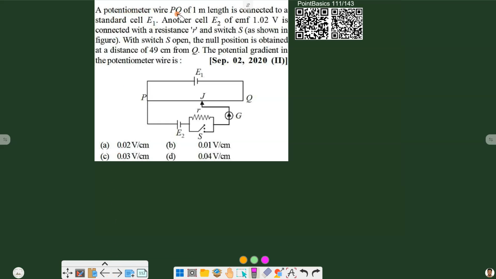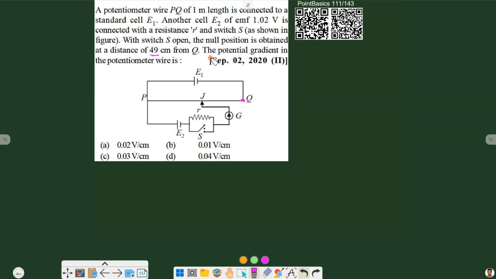Here we have a potentiometer wire PQ of 1 meter length connected to a standard cell E1. Another cell E2 of EMF 1.02 volt is connected with a resistance small r and switch S. When switch S is open, the null position is obtained at a distance 49 centimeter